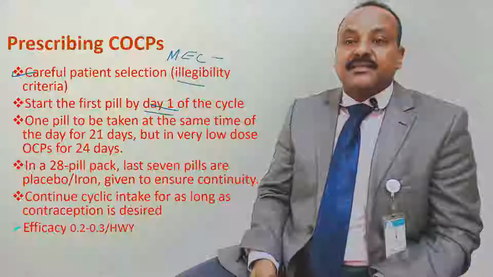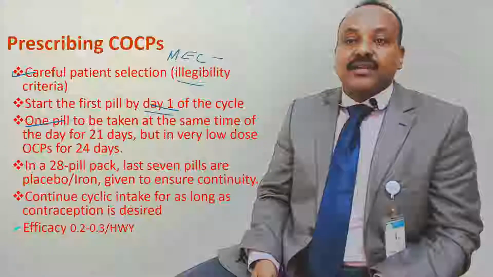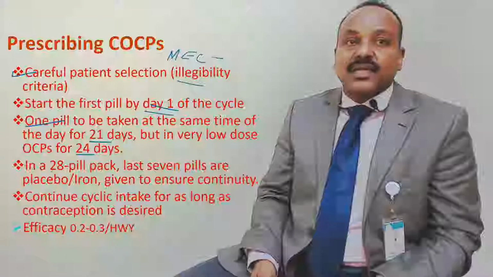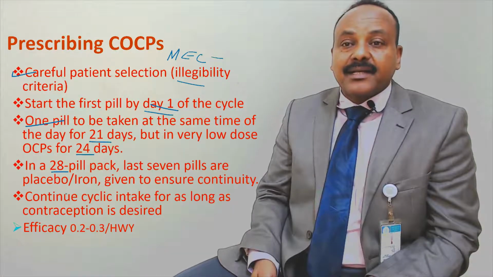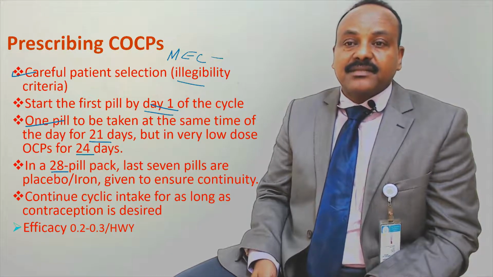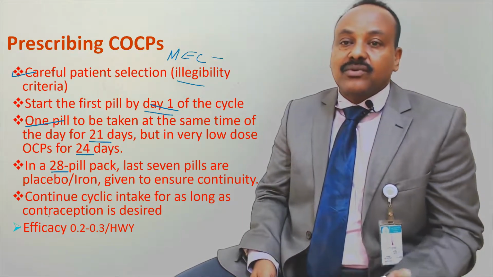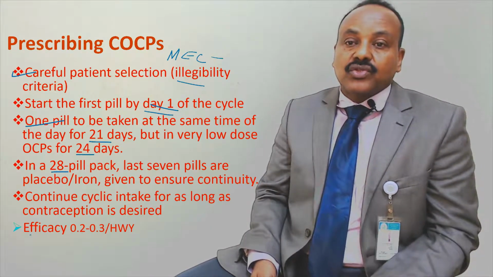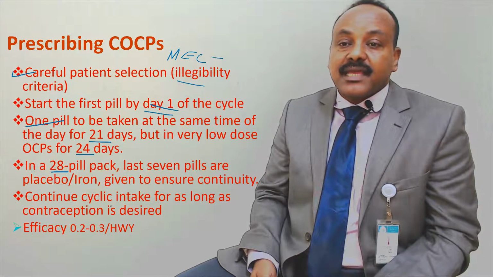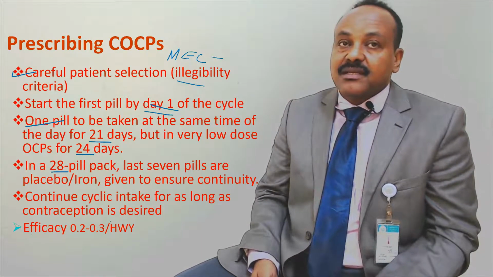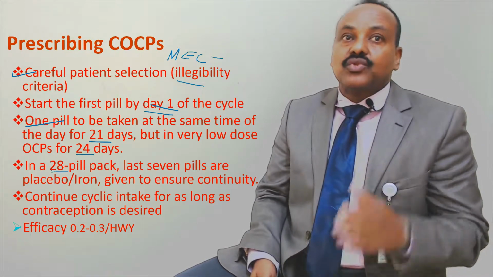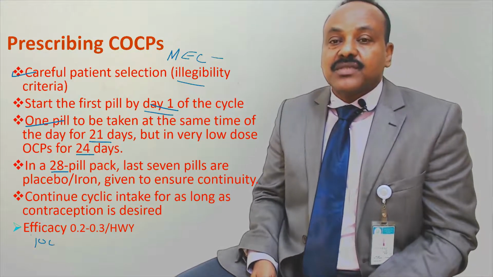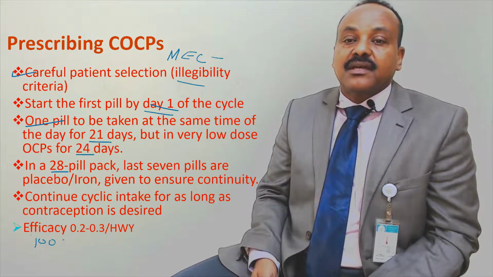One pill is taken at the same time every day for 21 days, but with very low dose pills you can use more than 21 days. In a 28-pill pack, the last 7 pills are usually iron or placebo, so that the patient can remember to take the pills. Continue the cyclic intake for as long as contraception is wanted. As long as the woman wants contraception, she should take her pills. Don't stop the pills. Efficacy, they found, is 0.2 to 0.3